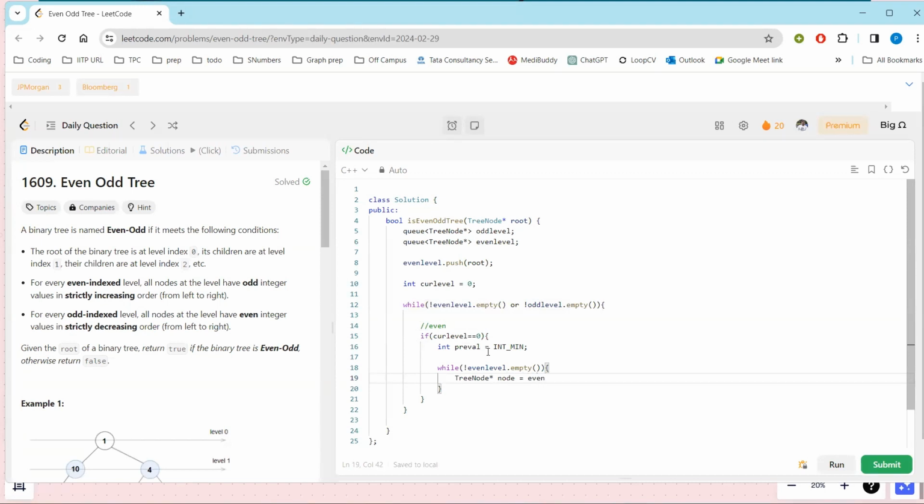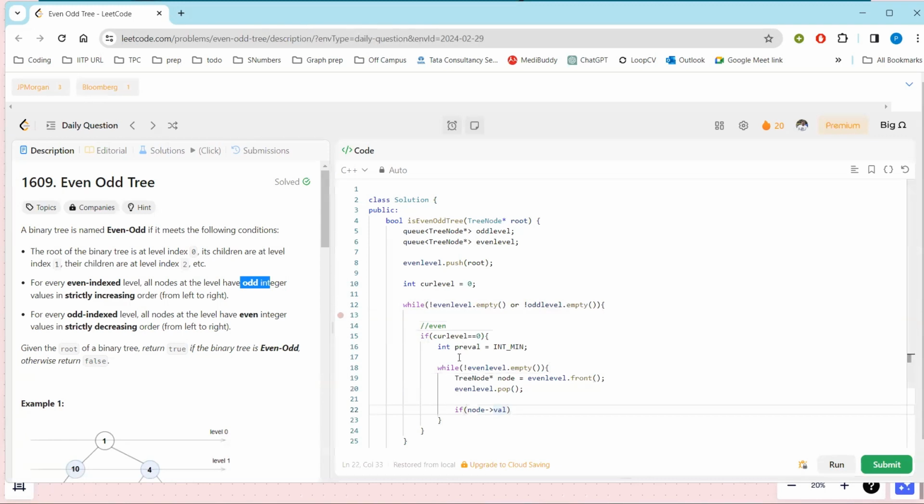So even level dot front, even level dot pop. If this current node value is even, at even level we want the values to be odd. So we will check if this value is even